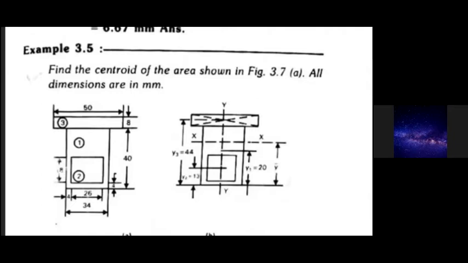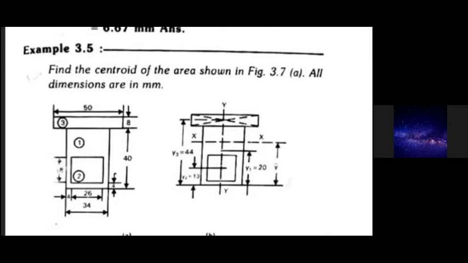When we split by including that hole, we can divide this composite section into 3 parts. The first one is the total rectangle, including that square also. The shape of that hole is square, number 2, and the third part is the upper wedge, that is a rectangle, number 3. And dimensions are also given.